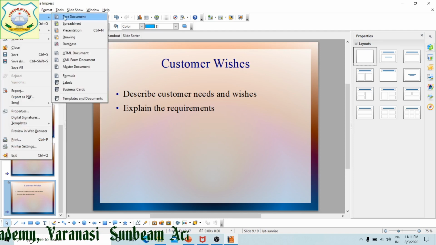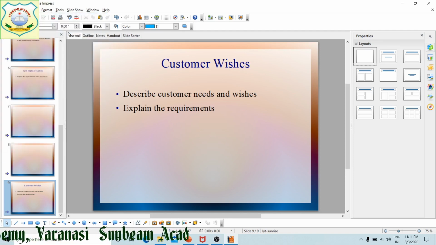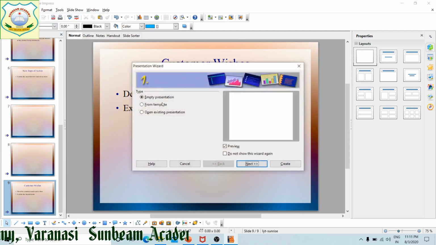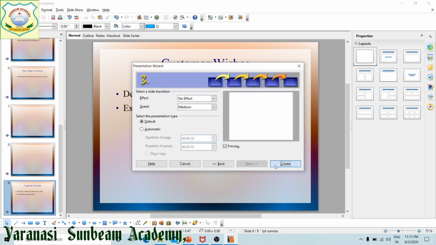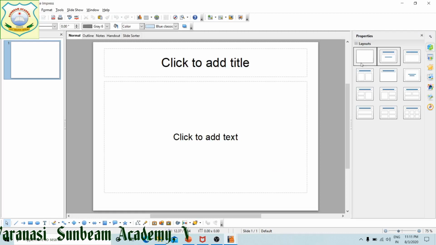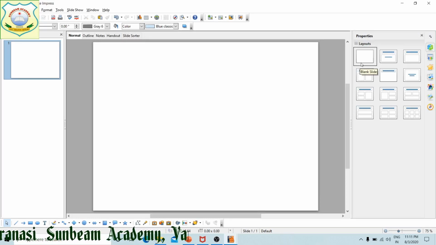I'm going to create a presentation, an empty one. Through this I have created. Now this is blank. Blank one means this gives you opportunity to put your text, pictures, graphics, whatever you want as per your requirement. You can put at any location.